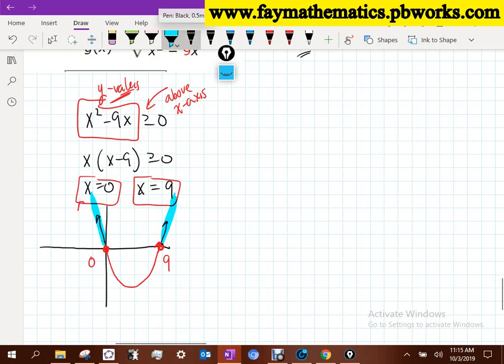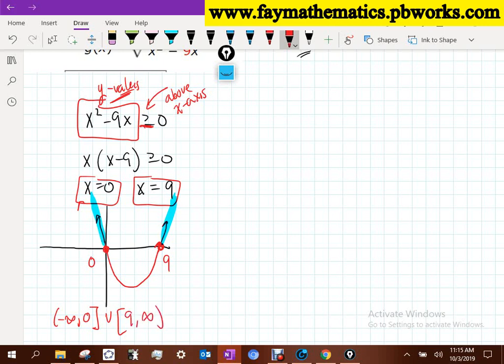So what we do then is we identify the x values in which this occurs for. So over here in this blue, it's everything from negative infinity up to 0. Now you can include 0 because we have that equality. And then we union, so everything that's red here is below, right? All these are negative. So I don't want to incorporate those. And then everything to the right of 9